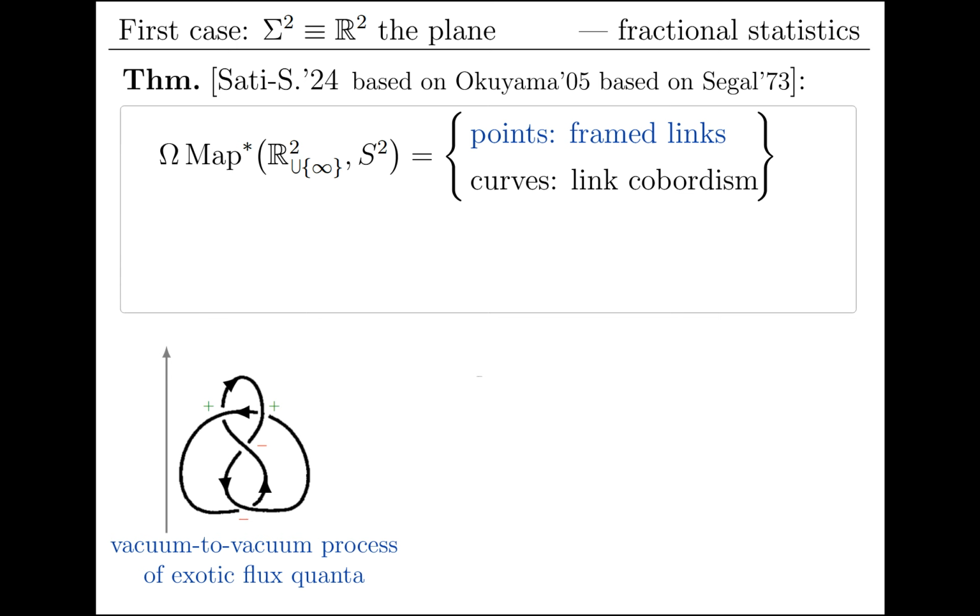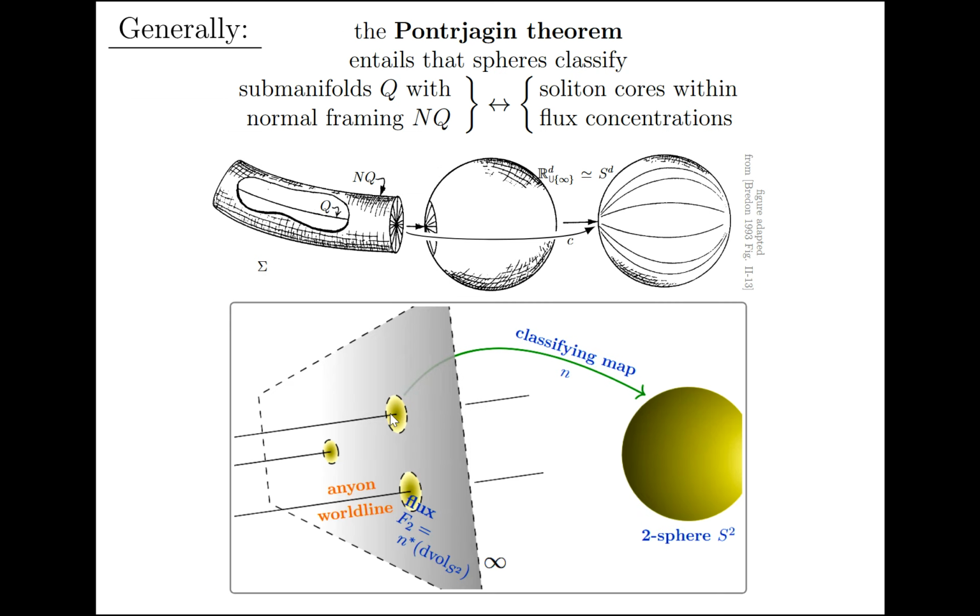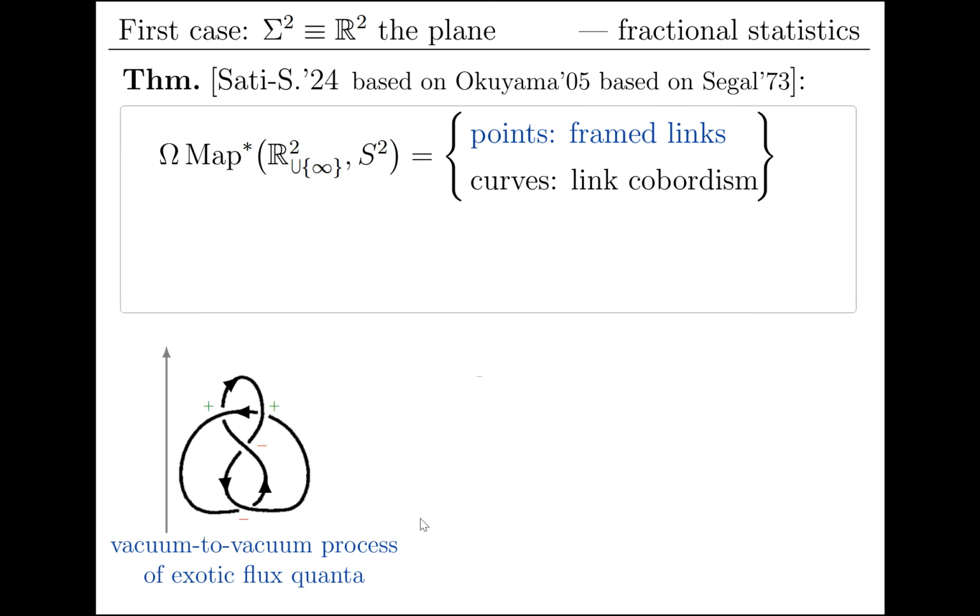So remember, previously we saw with the Pontryagin theorem how these flux cores form these points here, and now that we're forming pi_1 of this space, we see these points are moving around. If we read the time moving up here, then we're in the vacuum here, then suddenly anion, anti-anion, flux, anti-flux pairs appear, move around, do something, braid around, pinch around each other here, to eventually disappear into the vacuum again. So this framed oriented link,